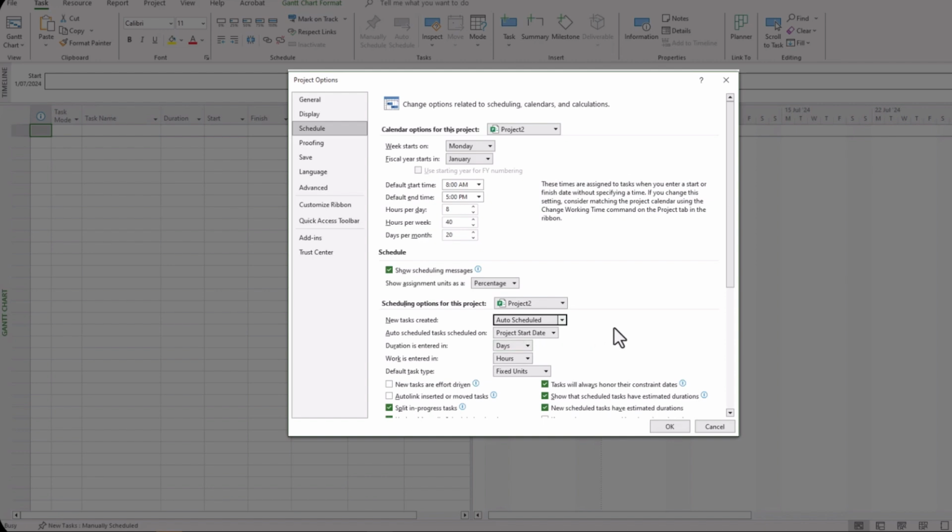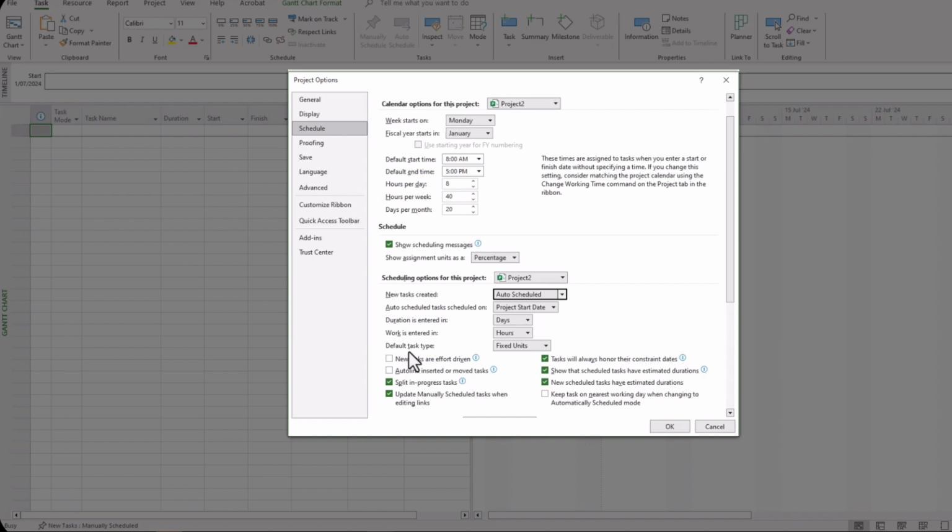Now manually scheduled tasks might suit your particular needs, but most of the time personally it's good to have these automatically scheduled on the start date. You can save a little bit of time in that regard. The other thing you want to also take note of is the default task type. Now in this particular point here, it looks at the fixed units.